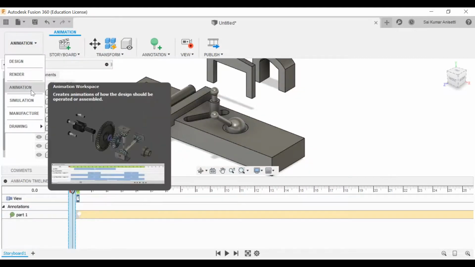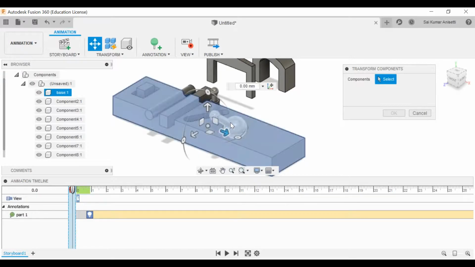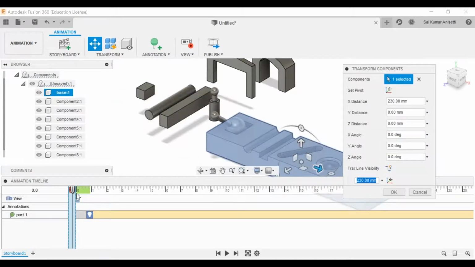So basically for your animation, you are adding some time frames and you are adding some views, and part number 1. So how it is actually going to look, and at this time position, at 10 seconds it is going to be here, it will take 10 seconds to be there, and you can just transform it, move your components and select any given component. You can move it and place it somewhere else at this time frame, so you can animate it.